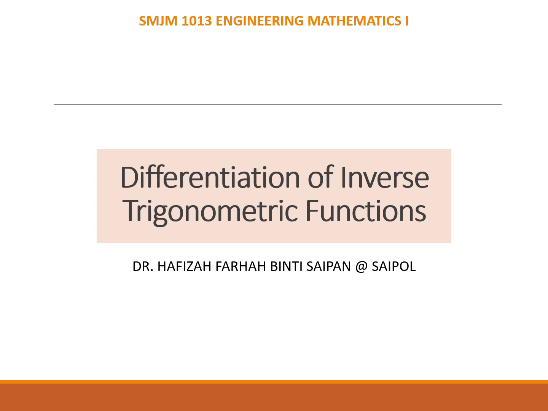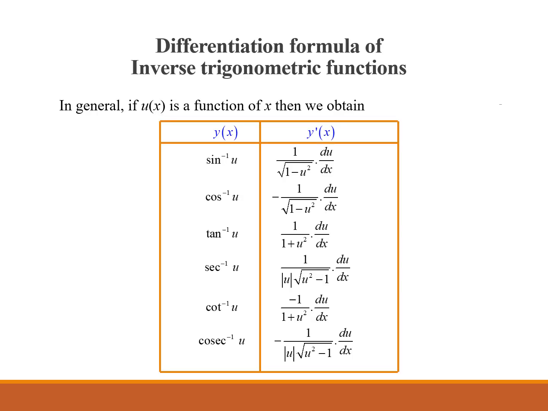Now we proceed with the differentiation of inverse trigonometric functions. This is the differentiation formula for inverse trigonometric functions. In general, if u is a function of x, then we obtain the derivative of inverse sine, which is 1 over square root of 1 minus u squared, and then we have to